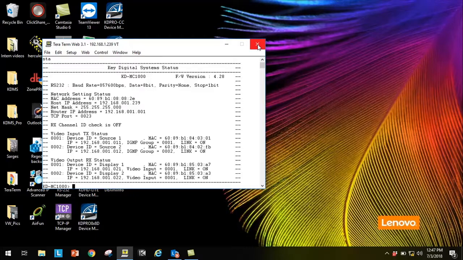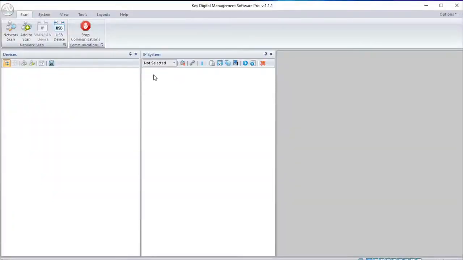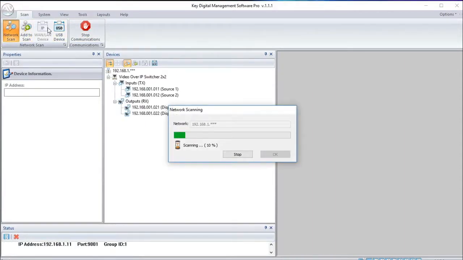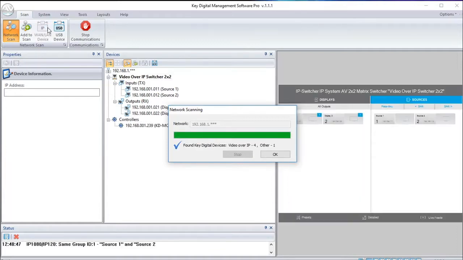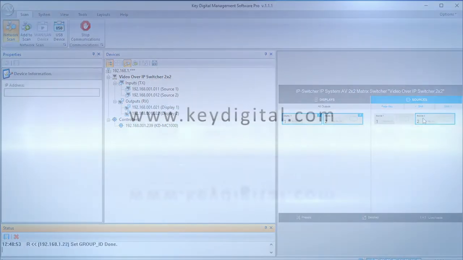Very good. That's all we really need to do. We could also send switching commands to the unit if we wanted, but what I'm going to do is show you another way to send switching commands, which is to again open up our management software and perform a network scan. Because it's pulled in all the units on the right, we're going to see basically a simulator of our KeyDigital app, where you have the 2 inputs, 2 outputs, friendly names, and as we do our switching,